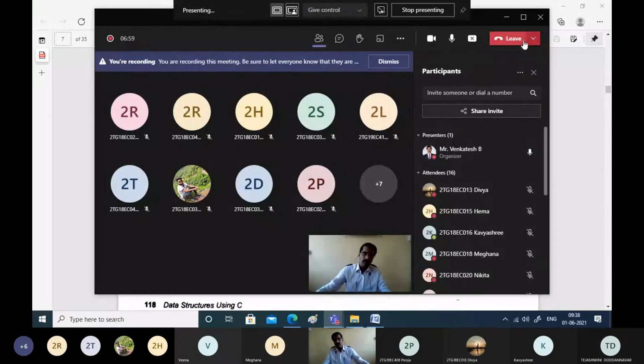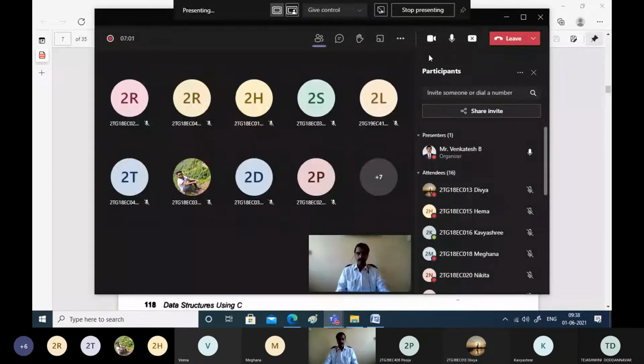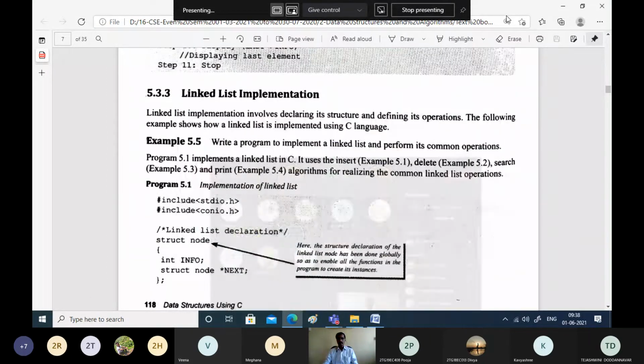In the previous class, we were discussing the implementation of a singly linked list, and we have seen that the node for a linked list can be defined by using a structure.